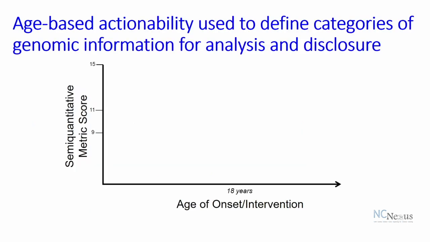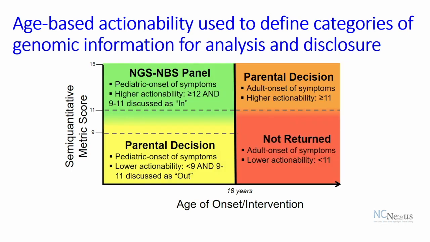So in this diagram, what I'm showing here is the semi-quantitative metric score that I described for you from 0 to 15, now with the x-axis being the age of onset or the age of intervention. And essentially what we said is that there's basically 4 quadrants, and if we took 18 as an arbitrary designator of an adult, and I will admit that that is an arbitrary definition,